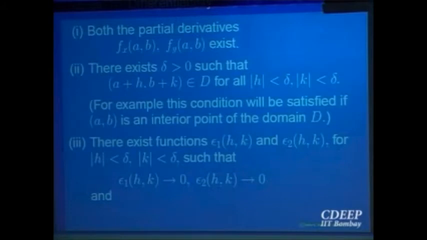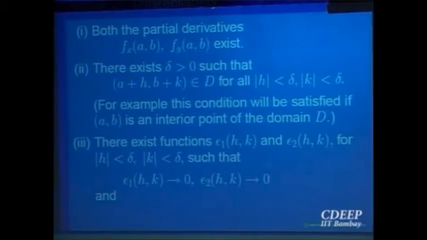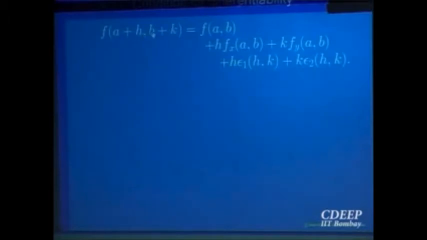And then what do we want? We want f of (a plus h, b plus k) should be representable in terms of f at (a, b) plus these increments. So we write f of (a plus h, b plus k), that is a point near the point (a, b), is representable as the value at the point (a, b) plus, in the x direction, h is the increment, h times fx at (a, b), that is the increment, plus the increment in the y direction, k times fy at (a, b), right?